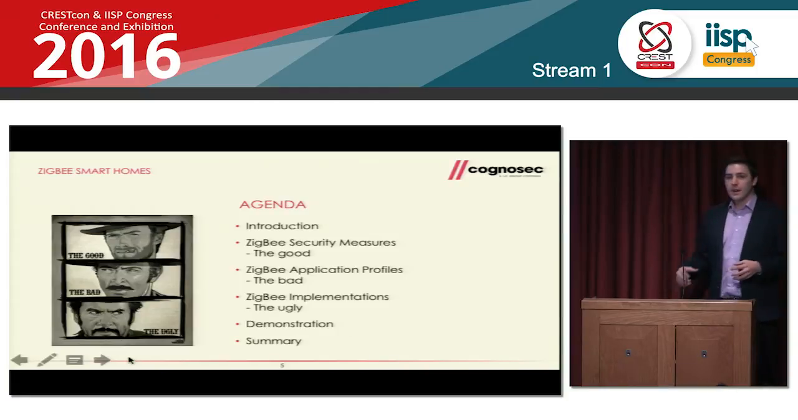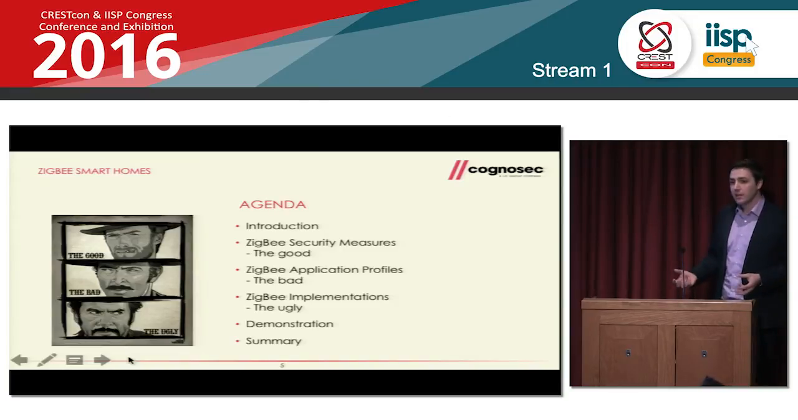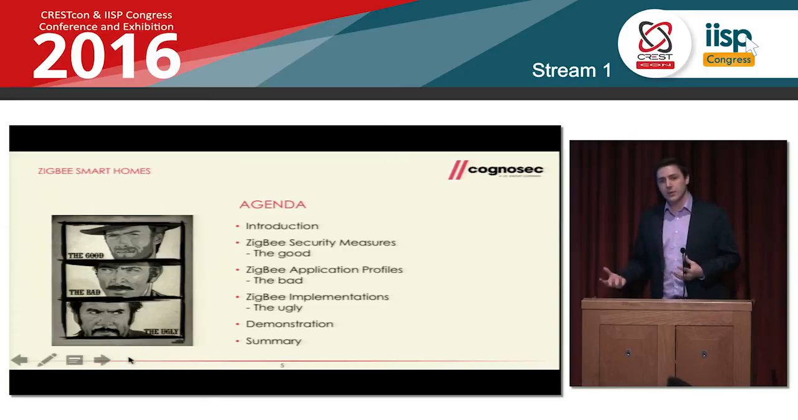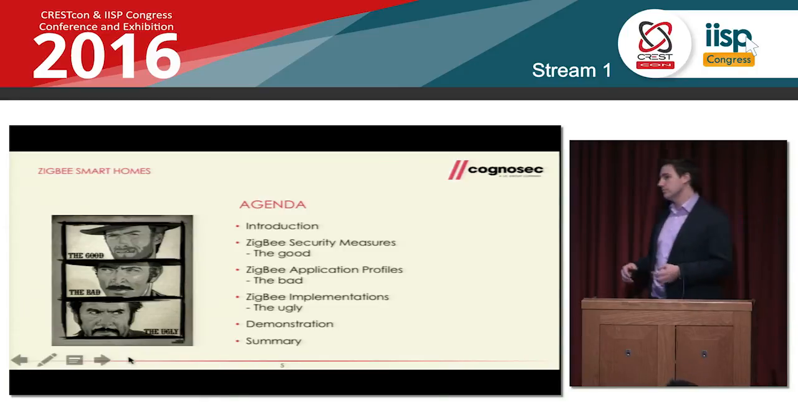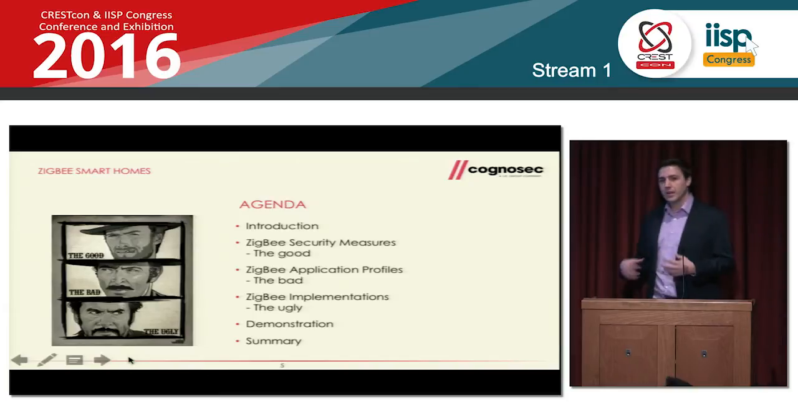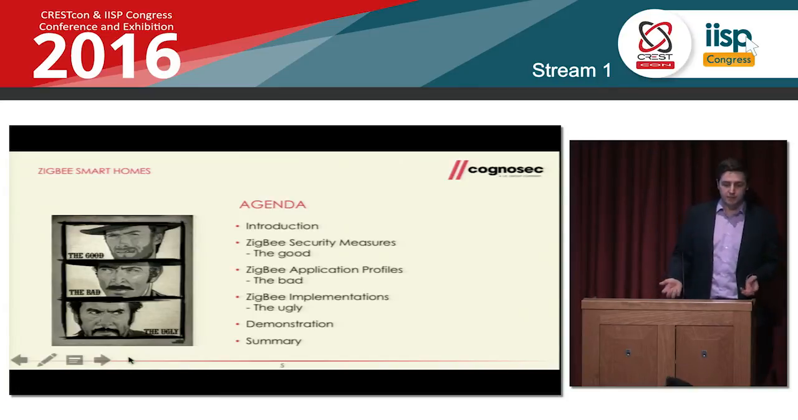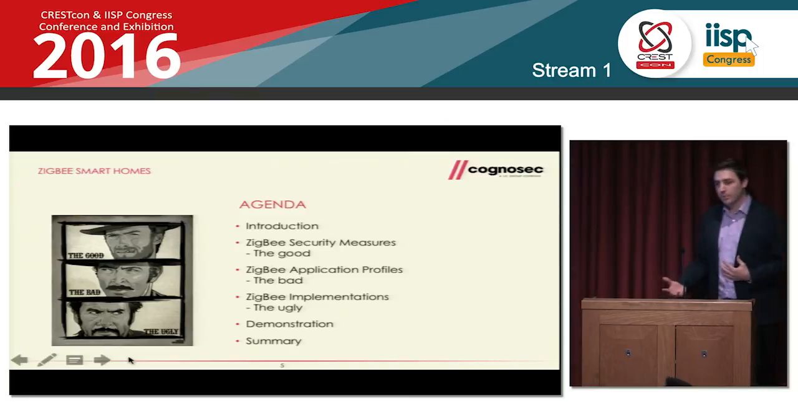Today I want to talk about the journey I made investigating ZigBee. At first look, you think, okay, ZigBee, there are security measures applied. They do, or they say they do, proper cryptography. And they also have very good recommendations in the standard itself. But then when you go deeper into the topic and look at actual implementations, you will find a lot